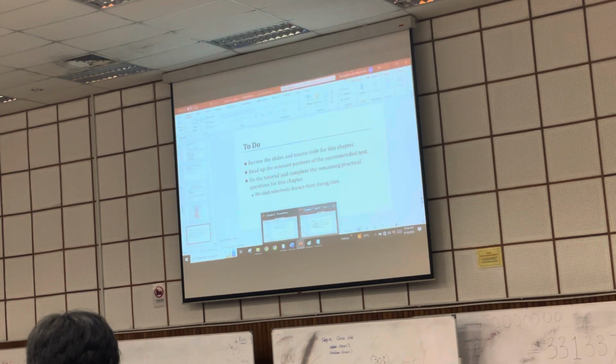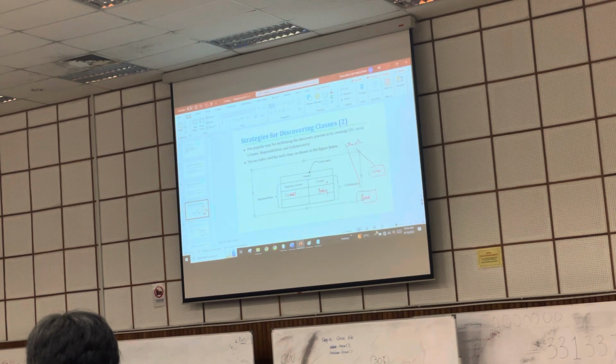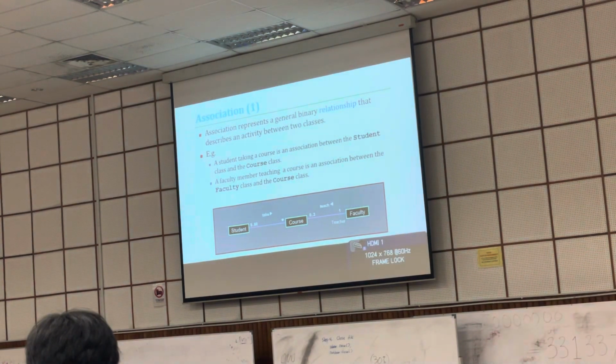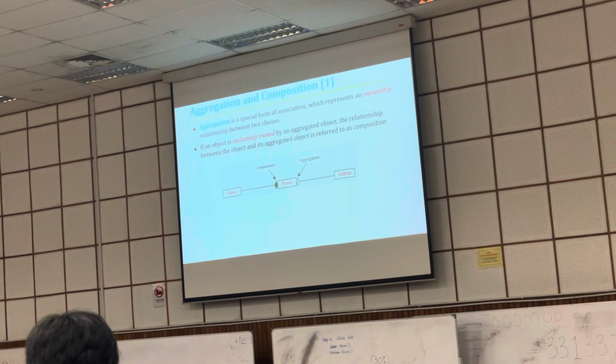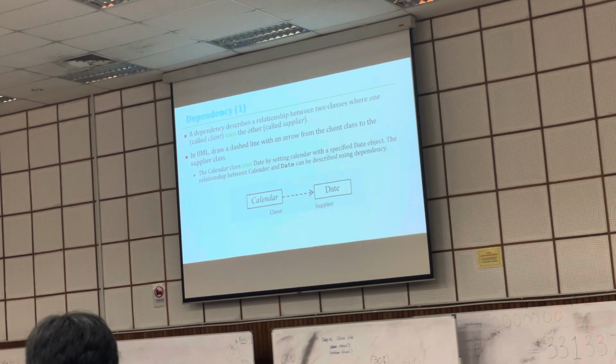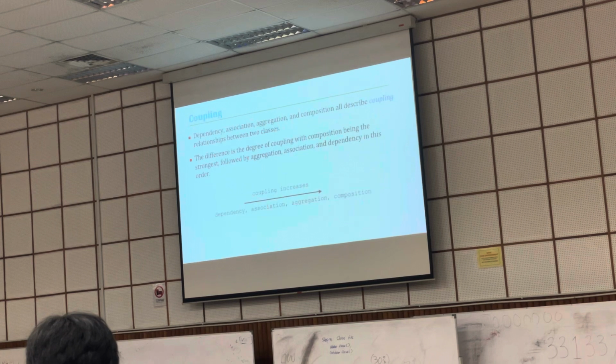So this is about the design. I don't want to go through it again because we learned it before, right? But in order to differentiate whether it's association, aggregation or composition, you try to check. That is the way you can check. For association, you don't need to put the data as a part of that particular object. Has-a only, it is a part of the object. Dependency, we already learned also. That means that the particular class depends on another. We also learned about